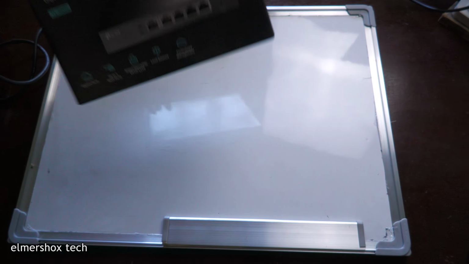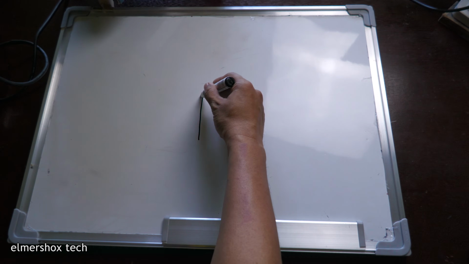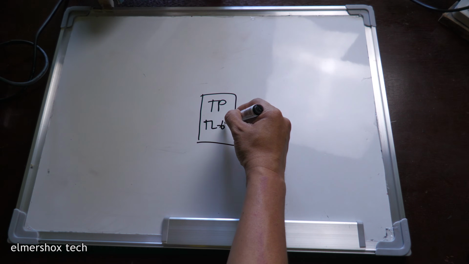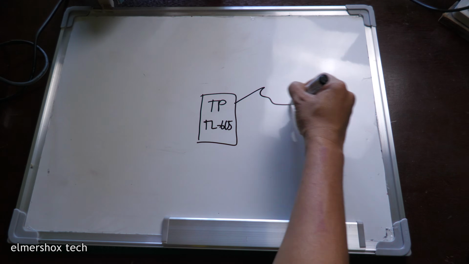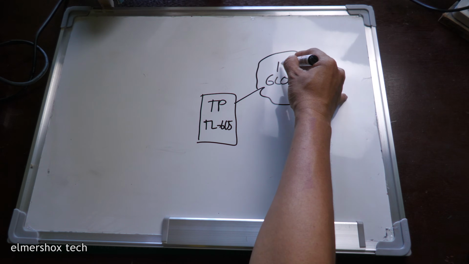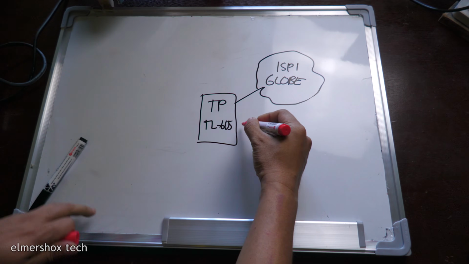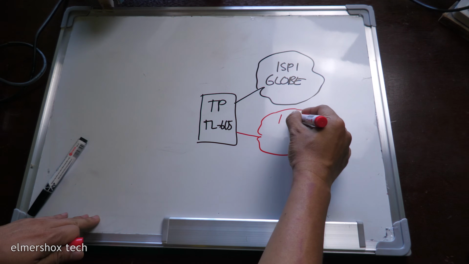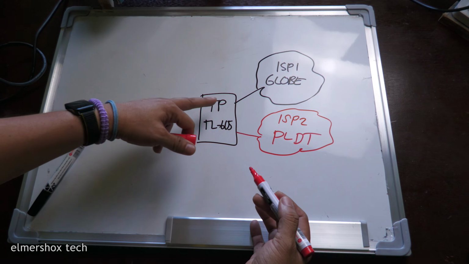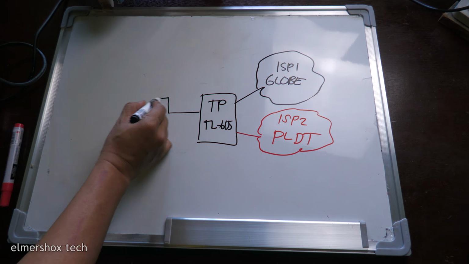Here's the current setup that I have got, so I'm going to draw. So this is the TP-Link, the TL605. Then let's connect to the globe. So this is my ISP 1 and another ISP number 2. So this is the PLDT. So both are utilized, and this is connected to my switch,